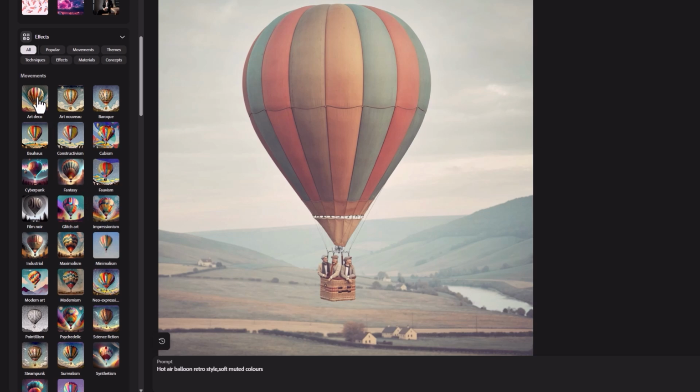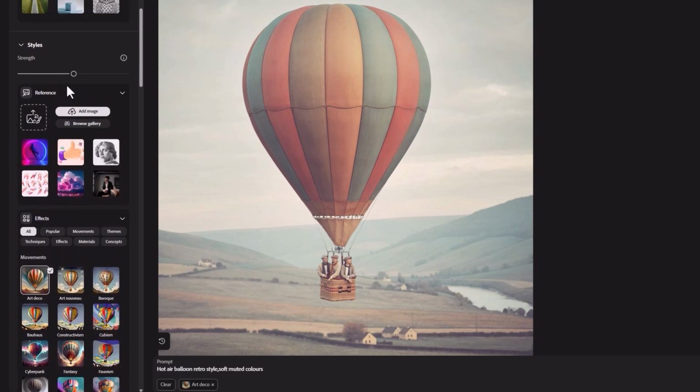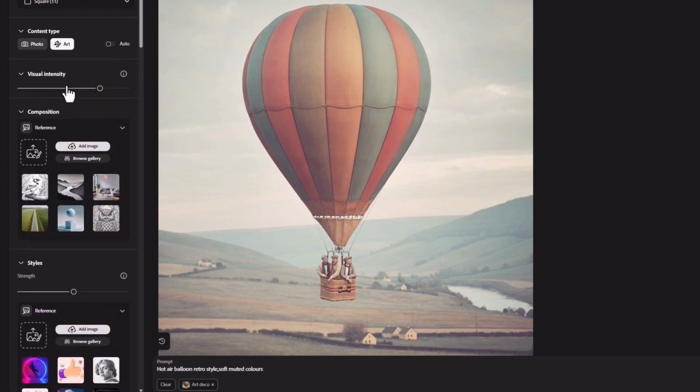So, for example, I'm going to choose a style or an art style. I'll click on Art Deco. I'm going to come back up, make sure that it's on Art. And now down here at the bottom, I'm going to put in another prompt. Let's do hot air balloon,